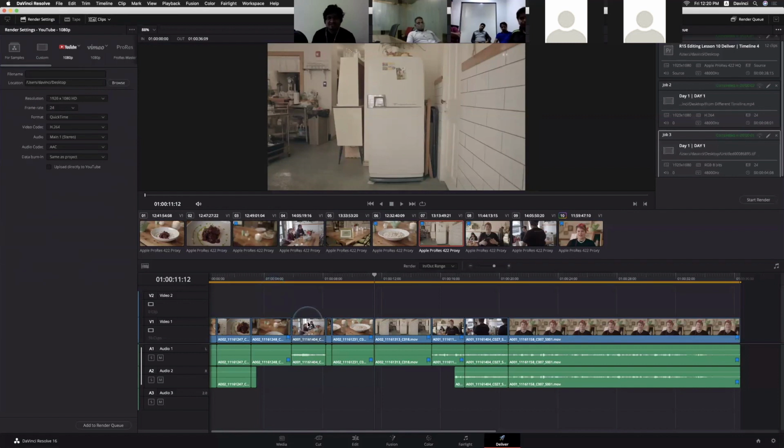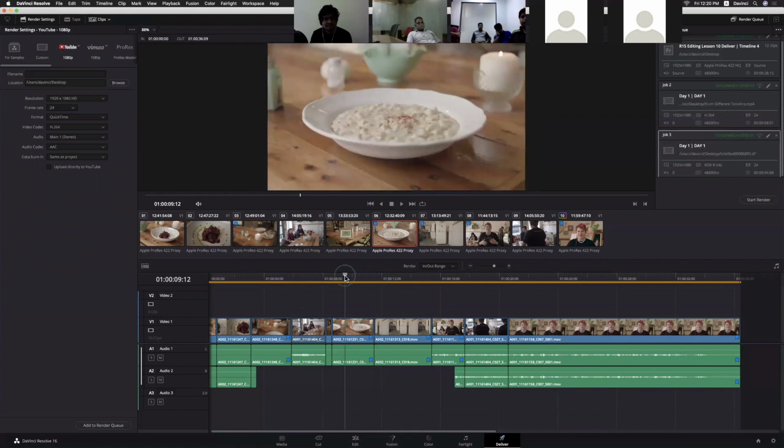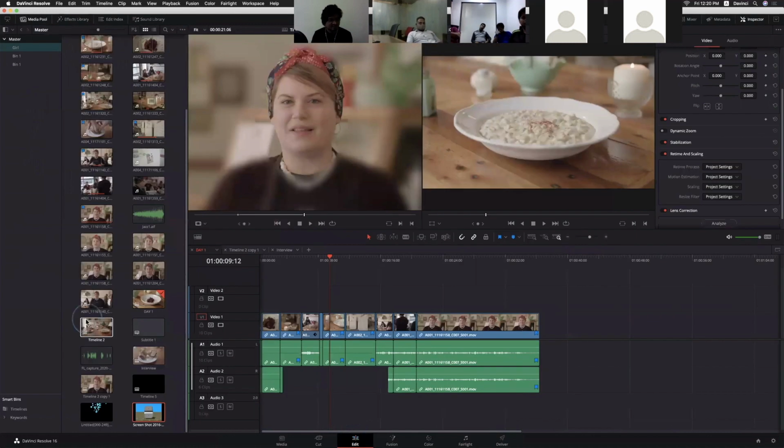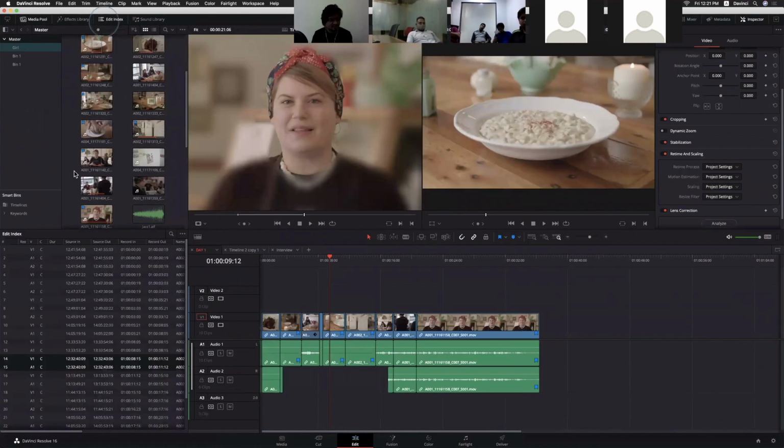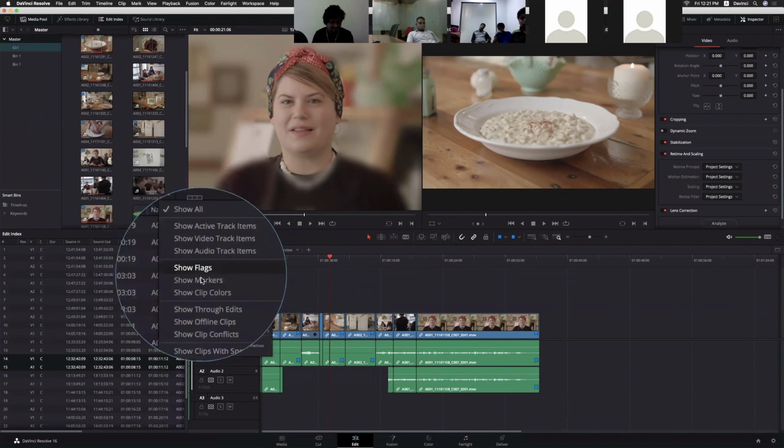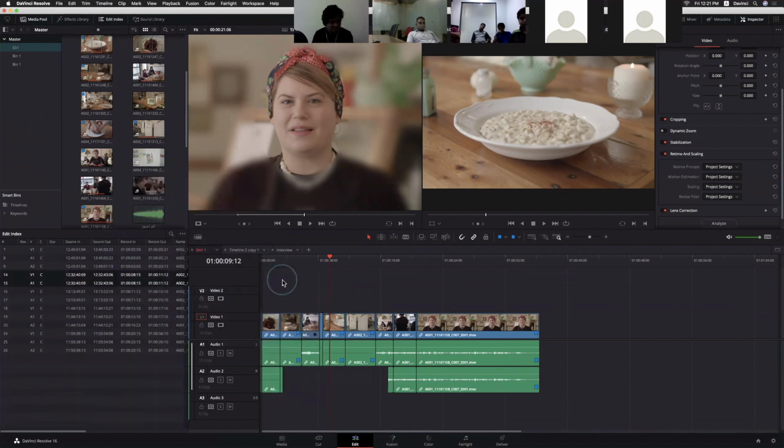Now, we do have lots and lots of options for exporting also. If you want to export only metadata, or only particular information from your timeline, we can always do that. So even from the edit page, let me open the index window, and I just want to show flagged clips.